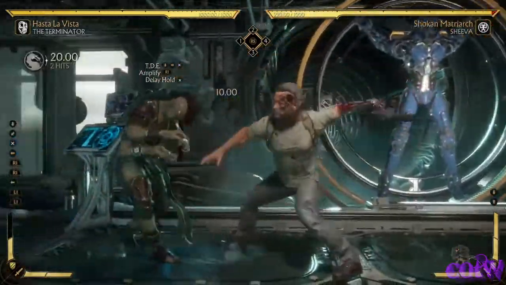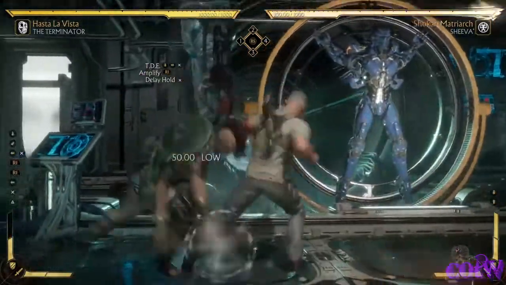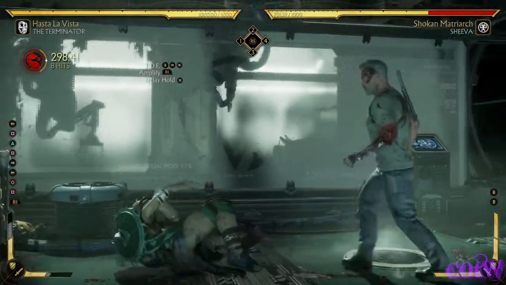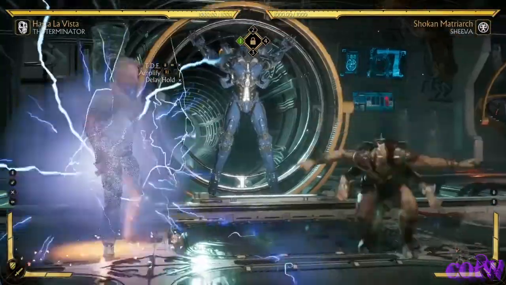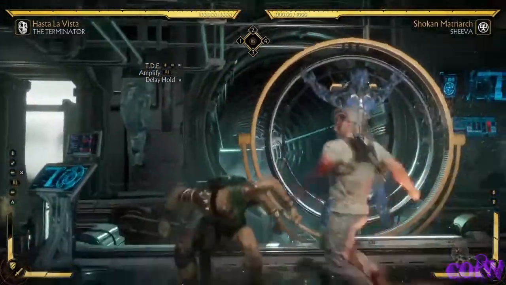I could throw, and that time it was a straight-up punish. A low mix-up, which leads to raw combo damage. Or an overhead punish, which can lead to a string,